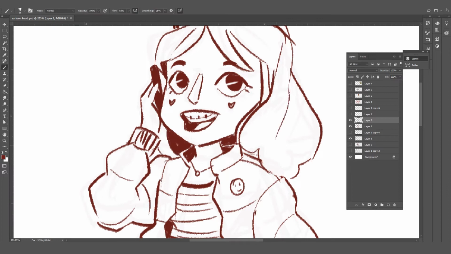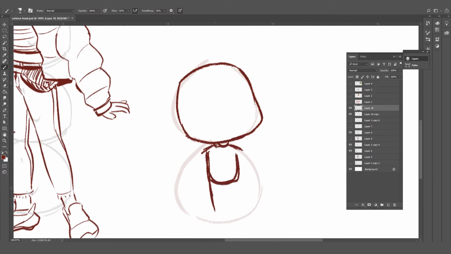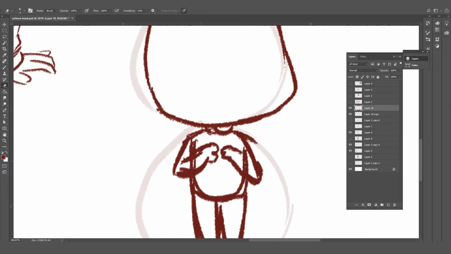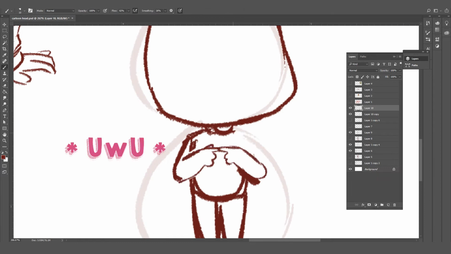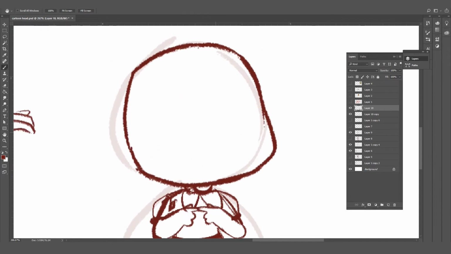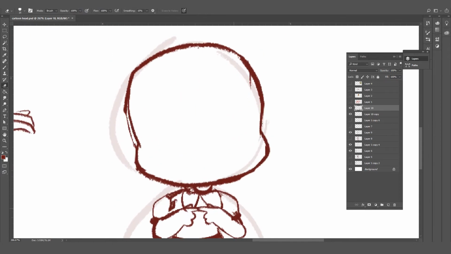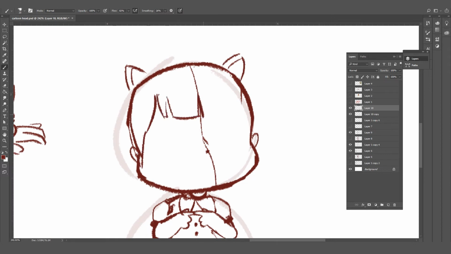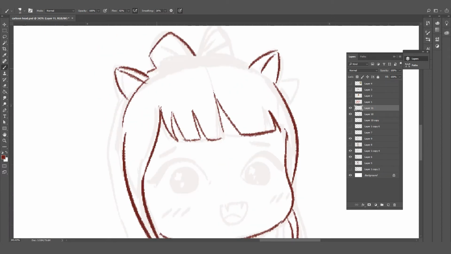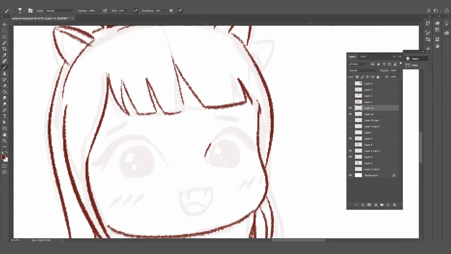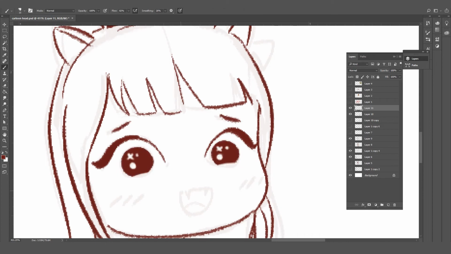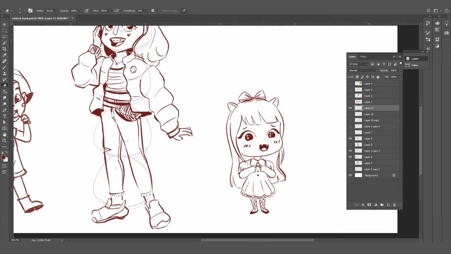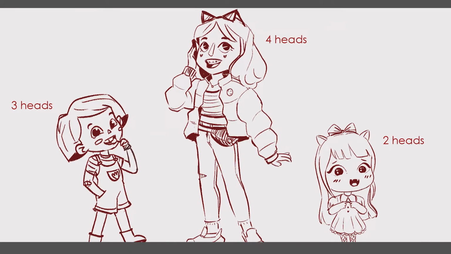So now that is done, let's draw one more character, that is a chibi. A chibi character is usually drawn with 2 heads proportions only, sometimes even 1.5 heads long. This is also a very cute looking girl. She has cat ears and some big anime-ish eyes. By altering just the number of heads in the proportions, we can easily design a character of a different age.